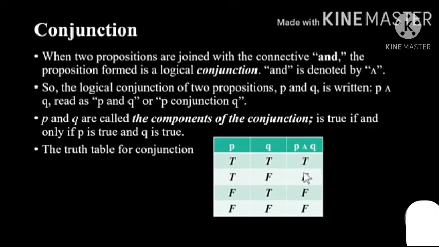ኤንድን ተጠቅማችሁ አንዱ ትሩ ሆኖ አንዱ ፎልስ ሆኖ ከዛ የሁለቱ አንድ ላይ የሚቀላቀለው አዲሱ ፕሮፖዚሽን በፍጹም ትሩ ሊሆን አይችልም። ሁለት ፕሮፖዚሽኖችን ስናገናኝ የሚመጣው አዲስ ፕሮፖዚሽን ትሩ ሊሆን የሚችለው ኤንድን ስለተጠቀምን የመጀመሪያው እና የሁለተኛው እውነት ሲሆን ነው። አንዱ ትሩ እና ይሄ ፎልስ ከሆነ ትሩ ይሆናል ልንል አንችልም። ስለዚህ always in order to make this one true we have to remember that P and Q must be true, otherwise if one of them is false then our conjunction will be resulted as ፎልስ ይሆንብናል ማለት ነው።